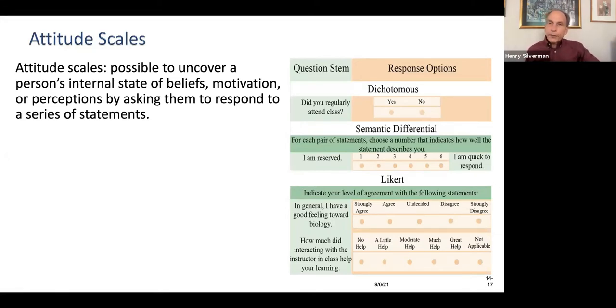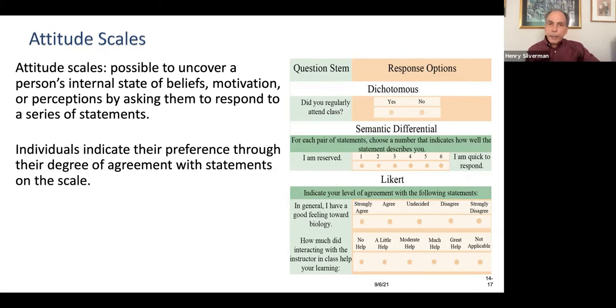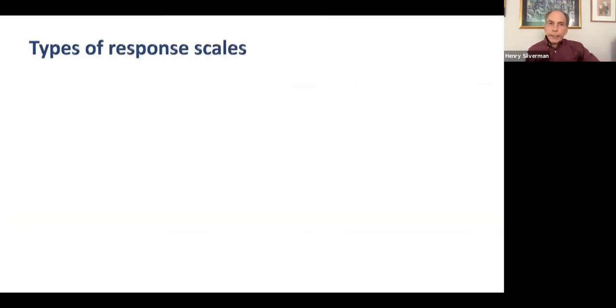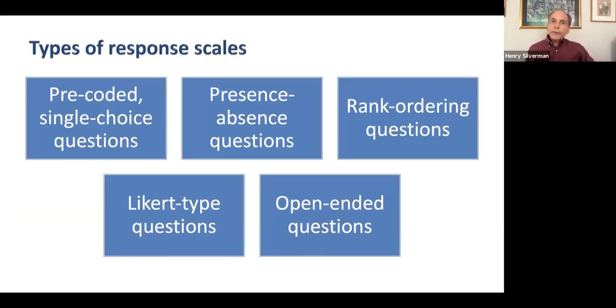And probably the best scale to measure an attitude is the Likert scale: strongly agree, agree, undecided, disagree, strongly disagree. So again, dichotomous, semantic differential, or a scale, and the Likert formats. So let's